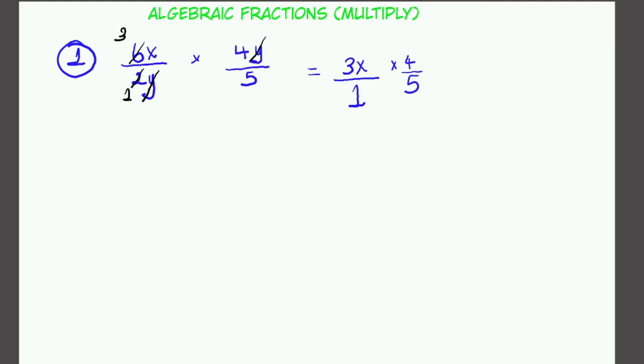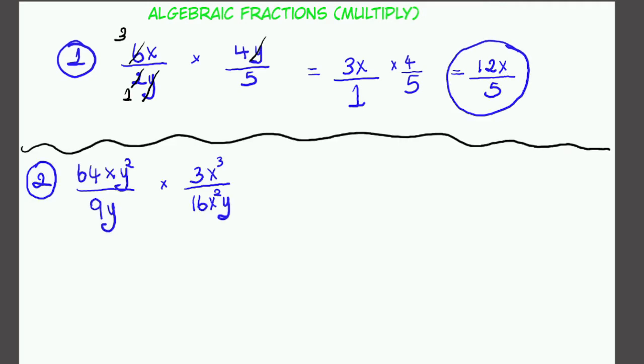Since there's nothing else to cancel, we're going to multiply to get our answer. So 3x times 4 gives us 12x, and 5 times 1 is 5. And that is our final answer. Example number 2,